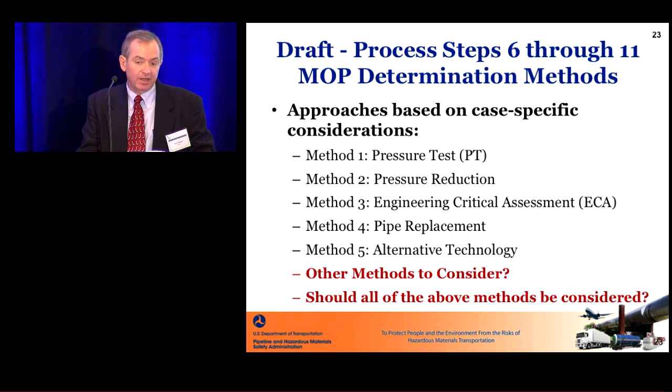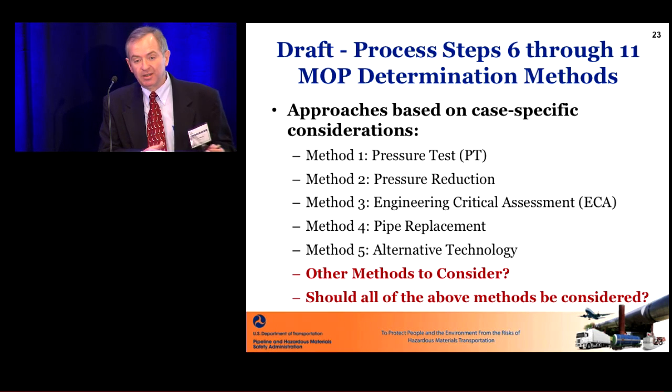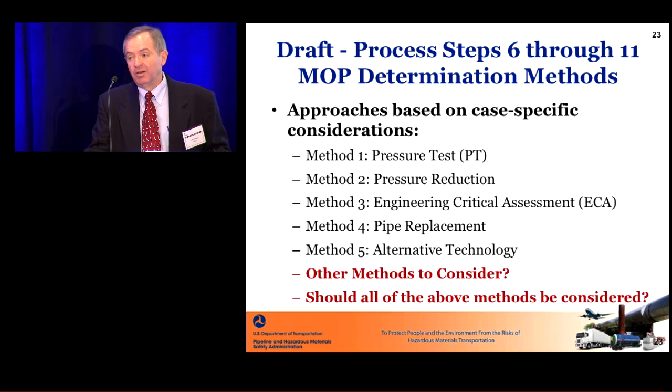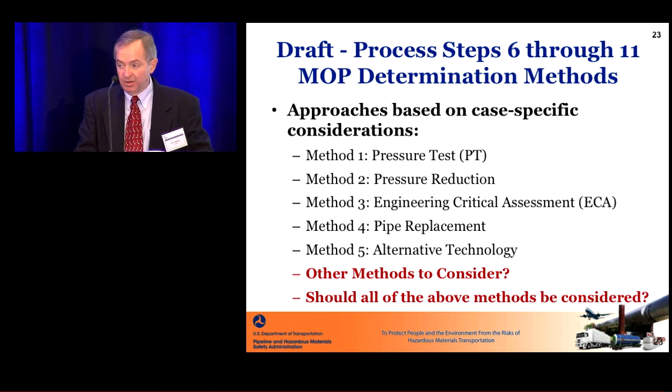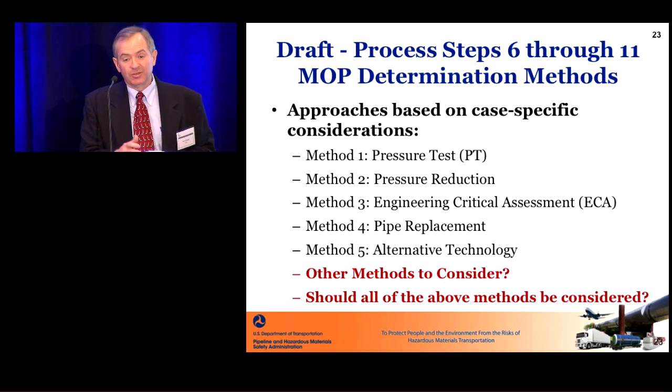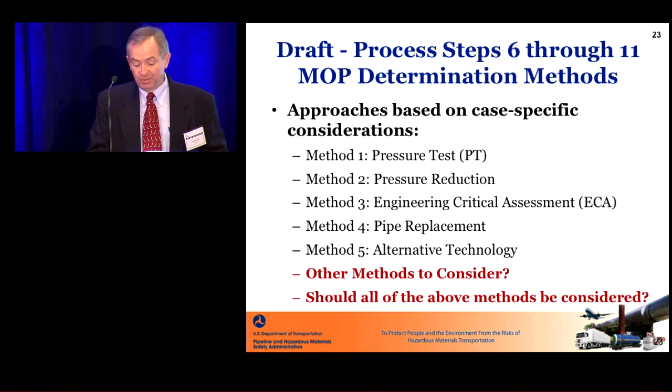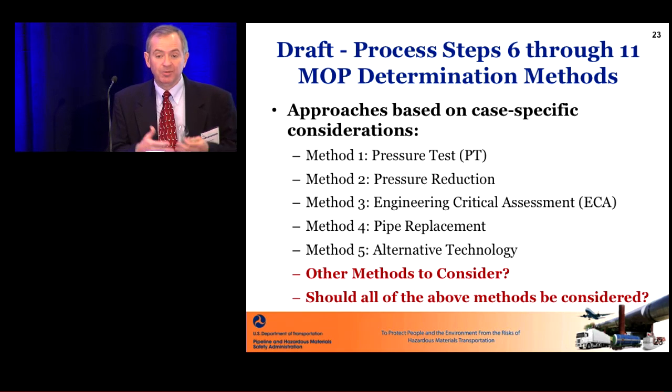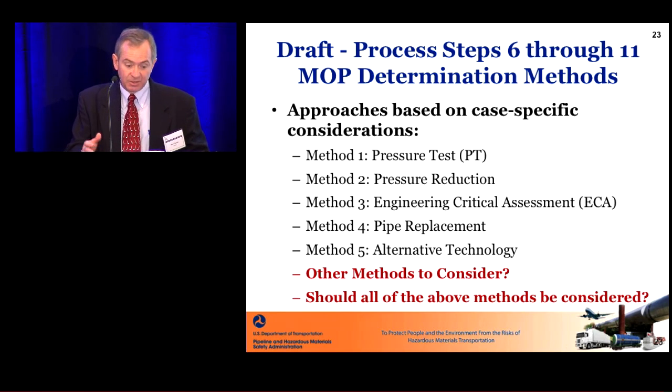I would hope if you've got cracking issues, you're going through a robust evaluation of those cracking issues, that you've got Charpy impact information on your pipeline, or you're assuming a very low number based upon industry research. I mean, if you don't know and you've got a 1949 pipe with seam issues and you're assuming 20 foot-pounds, you've probably missed the boat. You probably need to go back and reevaluate what you're doing. So, a lot of these things we expect prudent operators to already be doing. So that's why PHMSA doesn't think this should be that big of a change.